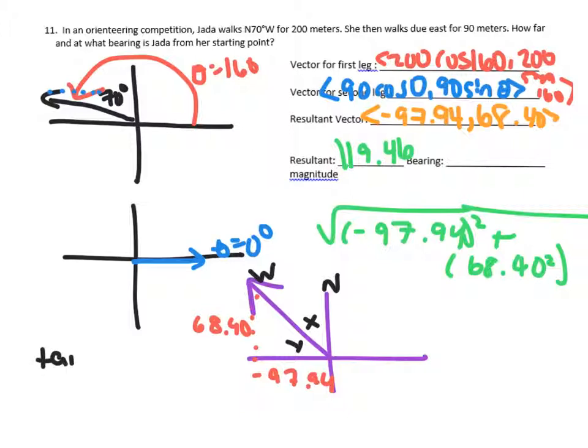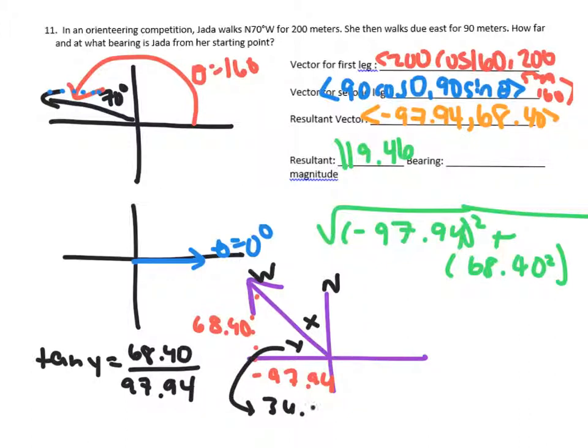So my tangent of y is my opposite over my adjacent. Let's put it in the calculator. Second tan, 68.40 divided by 97.94. I'm not going to worry about the negative because all I'm looking for is the angle in there. This angle in here is 34.93 degrees, which means my x,